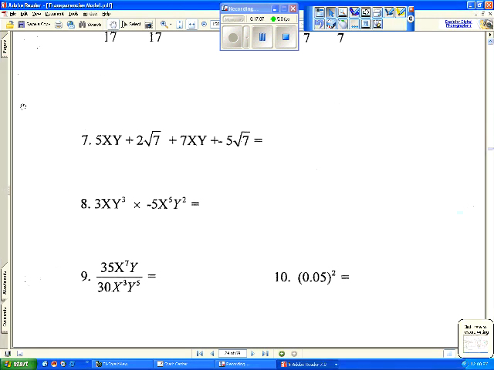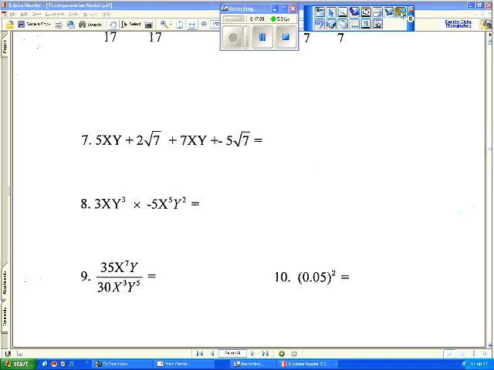Number 7, the operation is addition. There's more than one, but it doesn't matter. There was a whole bunch on the last ones, right? This many hours plus this many minutes plus this many hours plus this many minutes we talked about. There's more than one addition there, although you just saw one. To add or subtract, what has to be true? Names have to be the same. In algebra, we call them like terms. So we're going to put our like terms together,